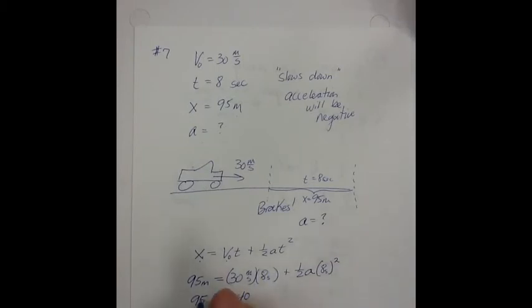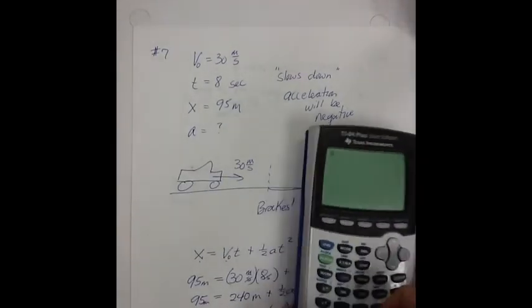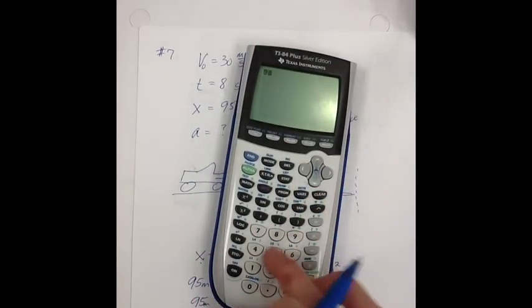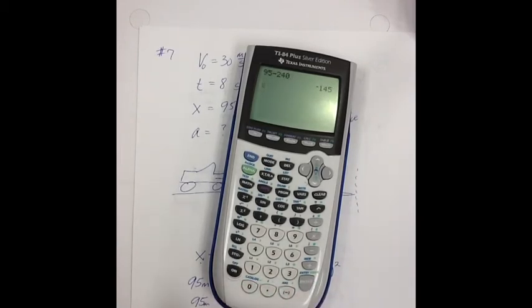$240, and this is meters, because meters per second times second, those cancel, so I get meters, plus 1/2 A and 8 squared, 64. So I'm going to subtract 95 minus 240 equals 1/2 A, 64. So we do 95 minus 240, negative 145